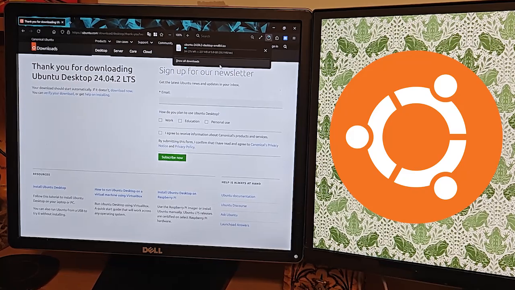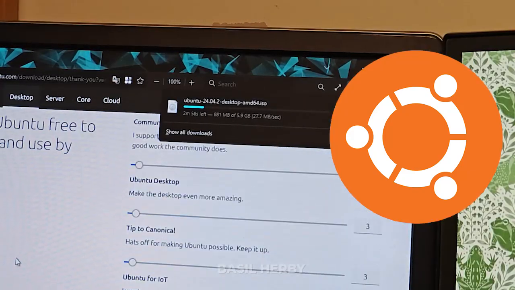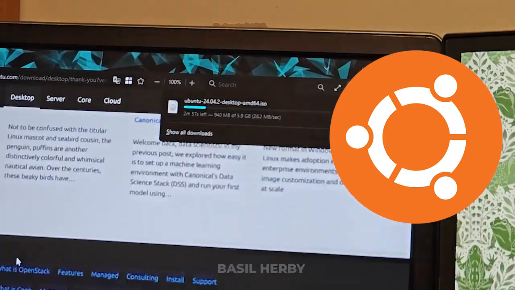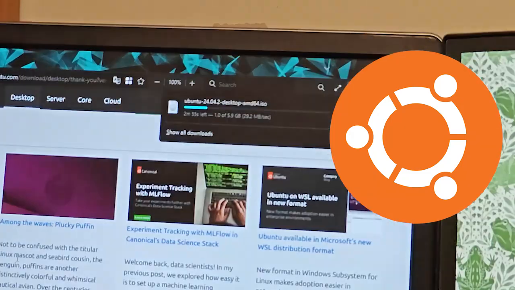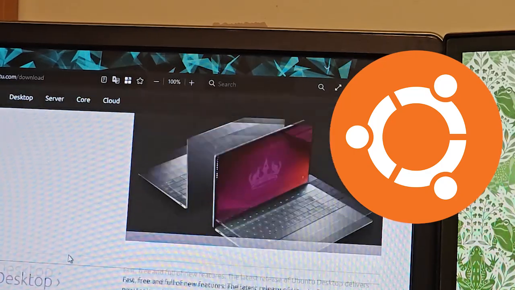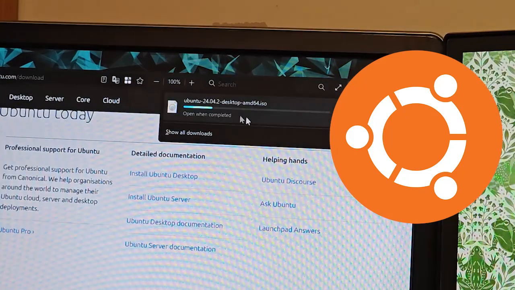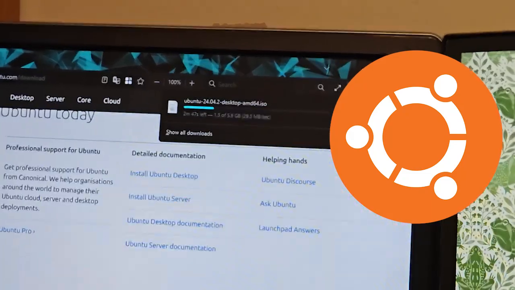Here you'll see a few mirror links to choose from for downloading the ISO file. Simply pick one that's closest to your location to ensure the fastest download speed. There should also be a torrent option, use whichever you prefer. I'd usually use the torrent option, but for this example we'll do a direct download. The ISO file is usually around 2 GB in size, so it might take a few minutes to download depending